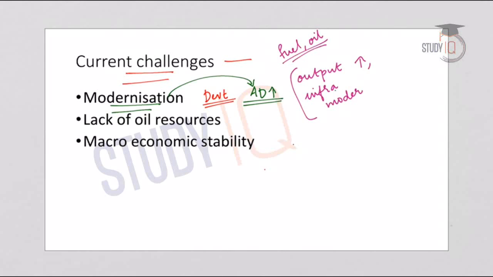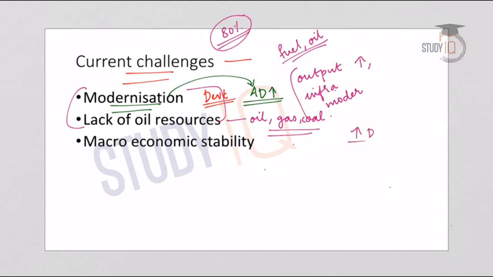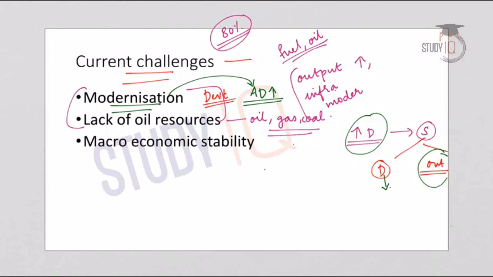So as we have discussed in the beginning, 80% of the crude oil requirements of the country is met only by imports. So this import dependency is expected to increase. And secondly, India has a lack of resources for oil, gas and metallurgical coal. So lack of resources and increase in demand. Whenever there is an increase in demand, this has to be met by supply. Supply can be from both domestic sources and external sources. But in case of India, there is a lack of domestic sources. So the demand has to be met by supply which is available from external sources.